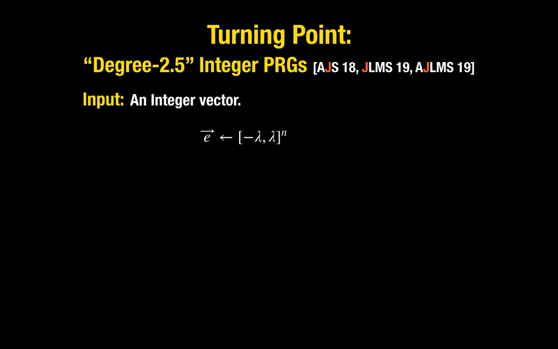Note that degree 2.5 is actually in double quotes because it's not a formal name. It was somehow unanimously accepted in the community, but there's a funny story about it. I'm going to tell you about this in just a while. And this was proposed in my work with Prabhanjan and Amit, and then follow-ups with Rachel Lin and Christian Matt. So this was a clever idea which helped us escape this model of computing PRGs as degree 2